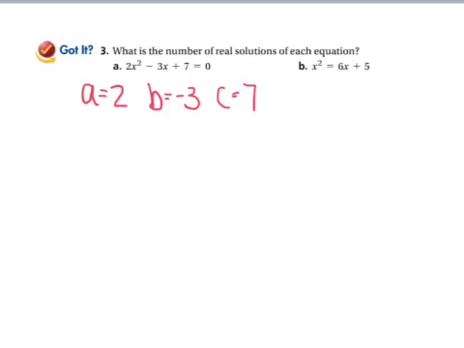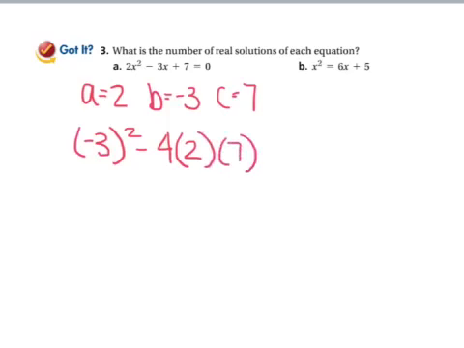The discriminant is -3 squared, B squared minus 4 times A times C. Nine minus 56, that number would be -47. If you have a negative number, you have how many solutions? None. Okay, guys, your homework